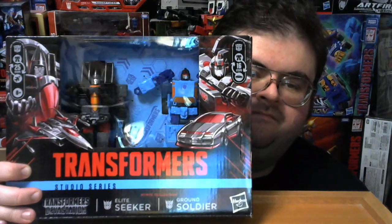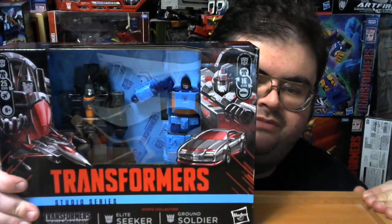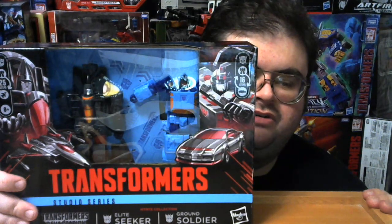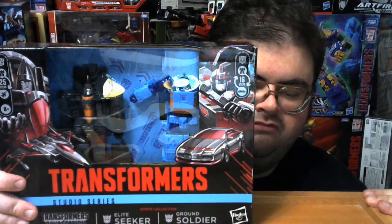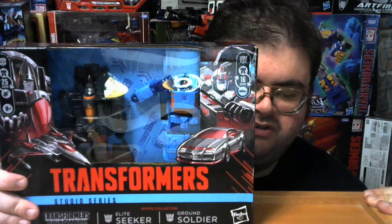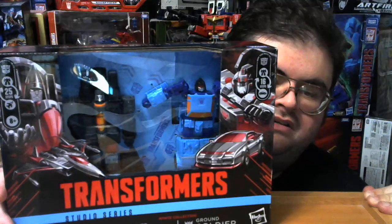Target announced that at the end of this month of November of 2025, Earthrise Thrust will be given a re-release. It appears that Thrust will come in his original Earthrise box. It won't be like the re-releases of Ramjet and also Dirge, who were released in Legacy packaging when they were originally released in Earthrise. Thrust will be released in his original Earthrise box. But bringing focus back on these guys,